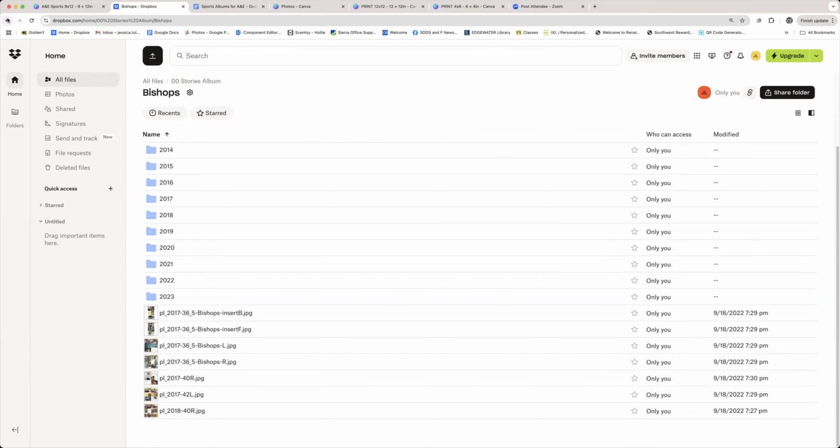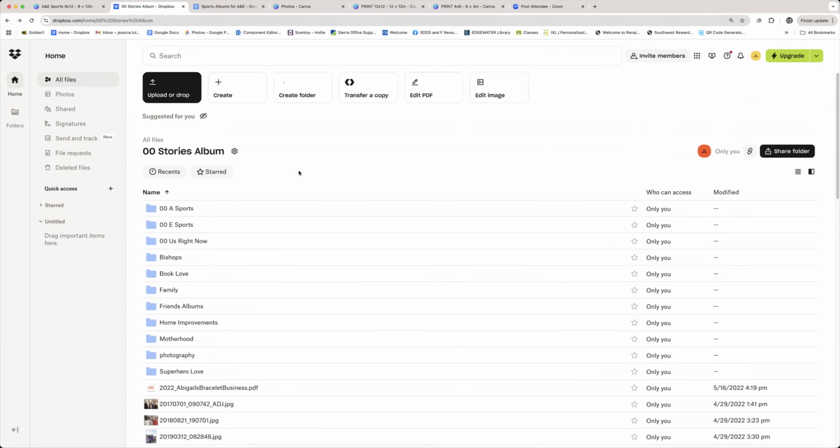That is not the folder I wanted to open. Here we go. So story albums. These are active albums that I collect photos for, that I've got going on. I've got a photography album. I've got a motherhood album, home improvements, just random friends photos. I think that was actually my daughter friends album.